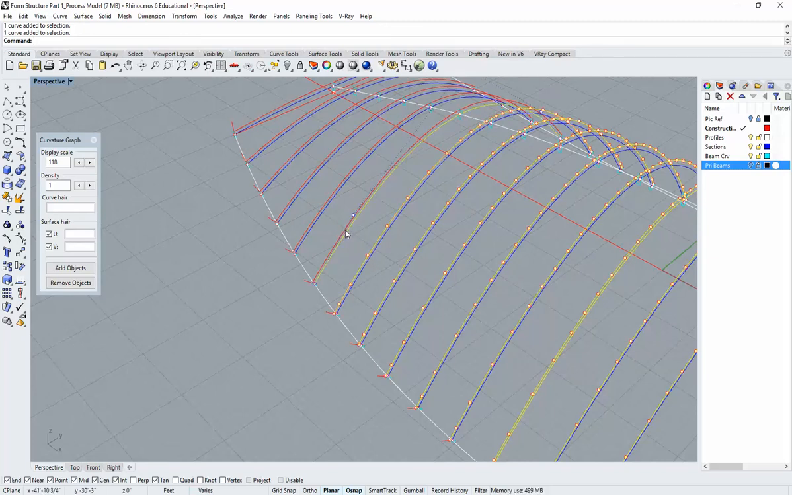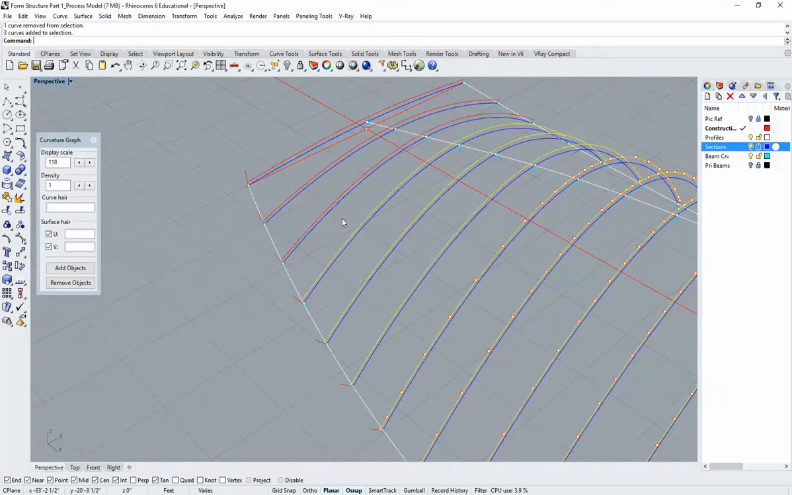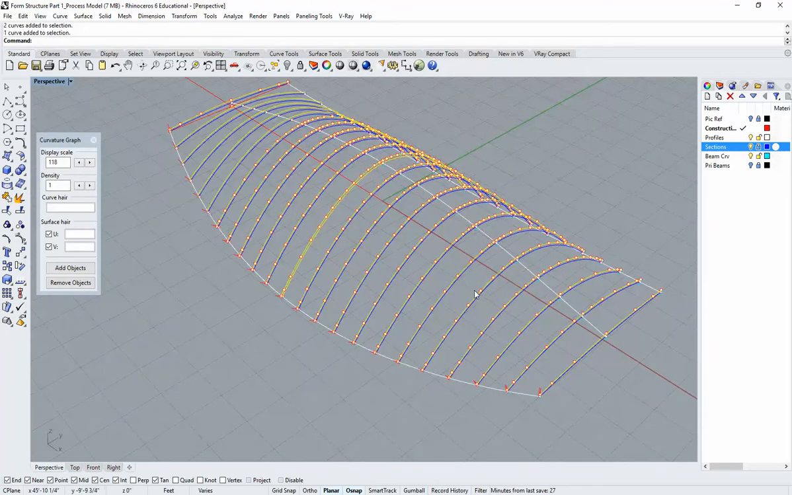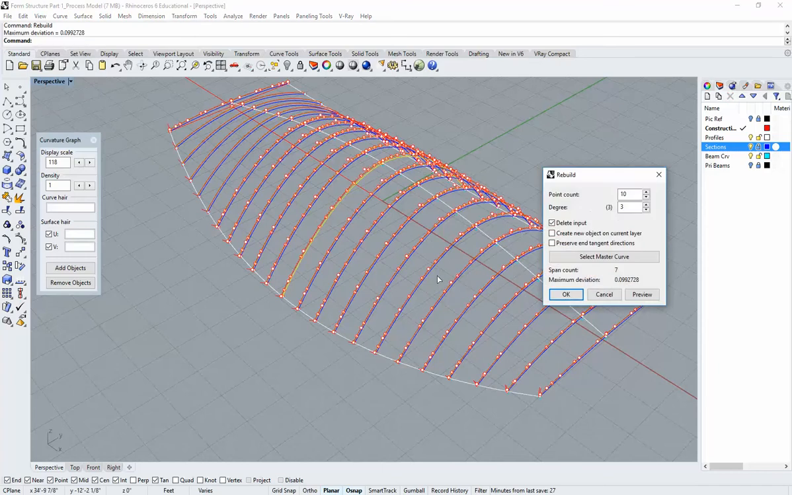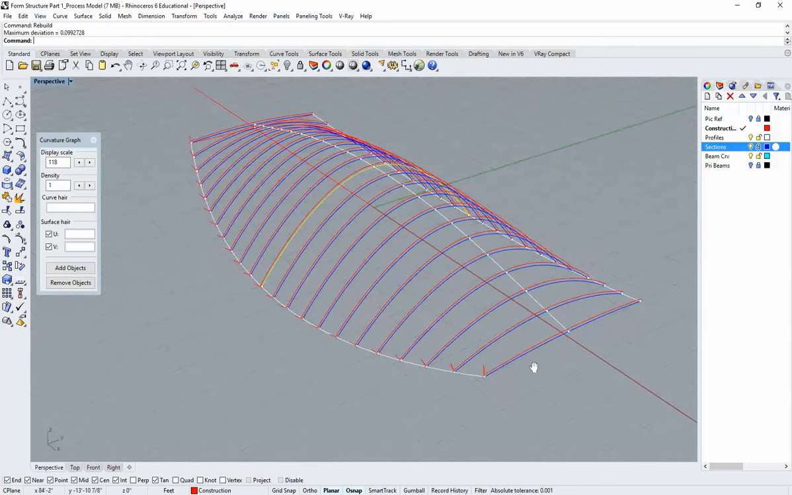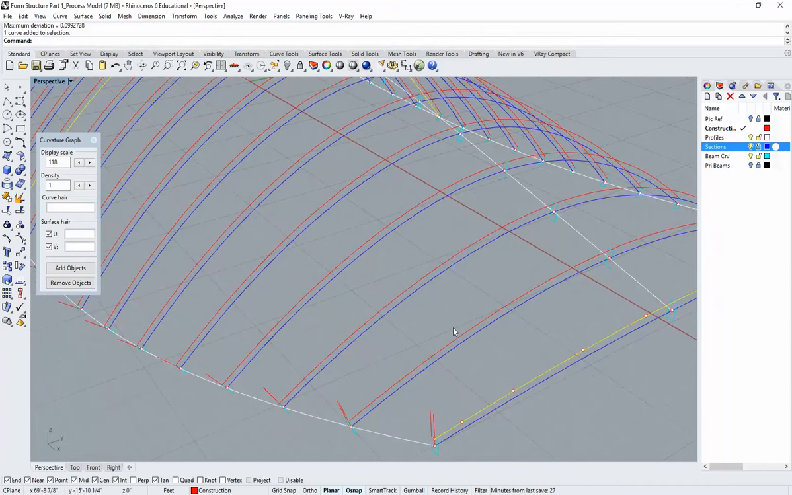And you can do this faster if you had your section layer locked down like that. Okay. So there's my curves. I'm just going to type in rebuild. And I'm going to change the point count for every single one of these curves to 10. Okay. And then if I have another look at, let's say, the first few of them, turn on my curvature